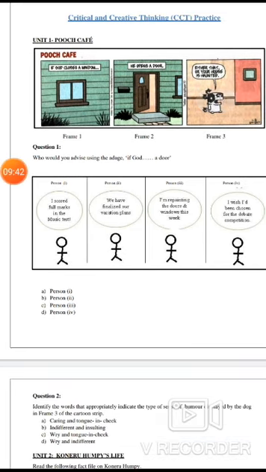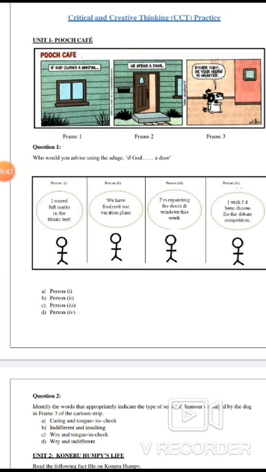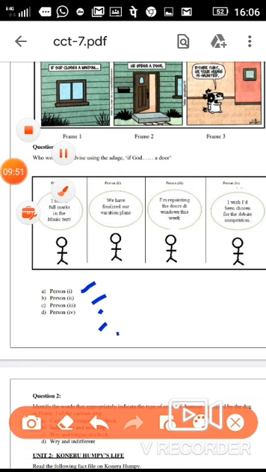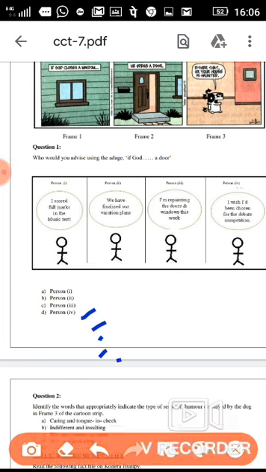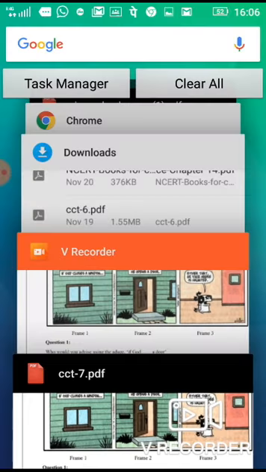Option A, option B, option C, option D. Four options are there. You have to choose the correct option. So first you download the question paper, write your answers on a paper and then you visit the site.